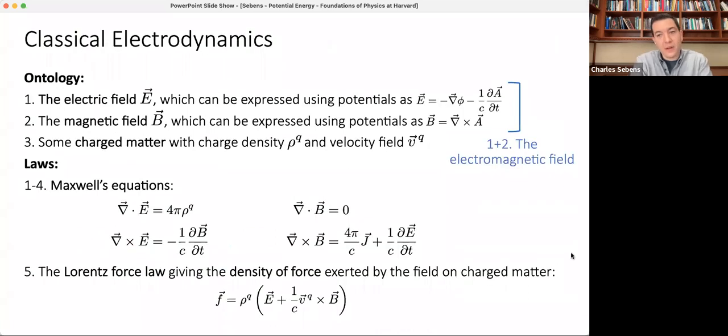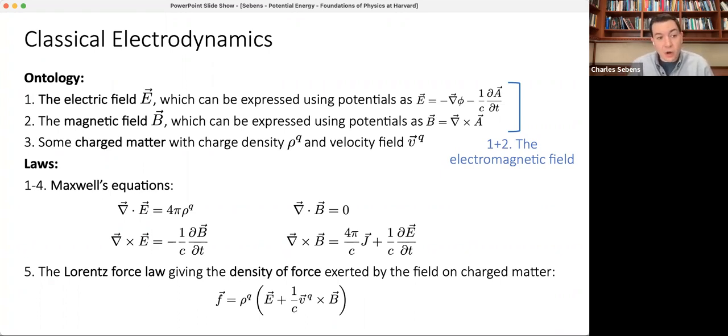Okay, so moving to classical electrodynamics now from electrostatics, being careful about the ontology. We have the electric field, we have the magnetic field. They can be expressed in terms of the scalar potential phi and the vector potential A. We might want to group these together and say the ontology includes the electromagnetic field, E and B together. Maybe we want to represent that by E and B. Maybe we want to represent it by phi and A. Maybe we want to represent it by the Faraday tensor. There are different ideas. I'm not trying to be super careful about that here, but just somehow you have the